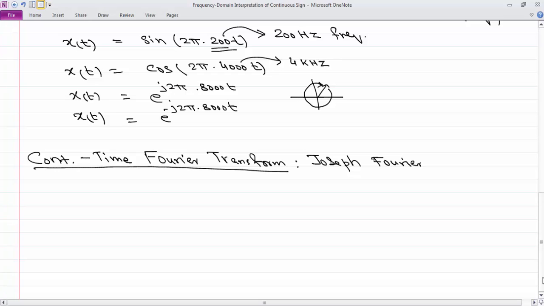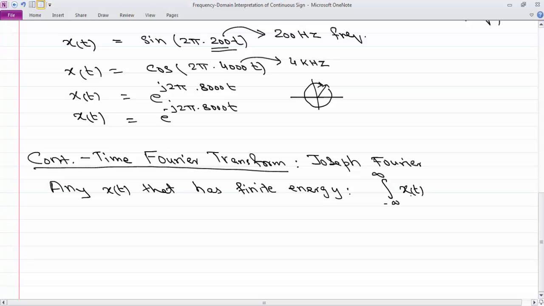Now, what is the brilliance of Joseph Fourier? That he realized such a long time ago that even if a signal is any odd signal, any time domain signal, any x of t that has finite energy. So what does finite energy mean? That if I integrate its magnitude squared dt over all possible values, that is less than infinity. So any signal which has finite energy can be represented as a superposition